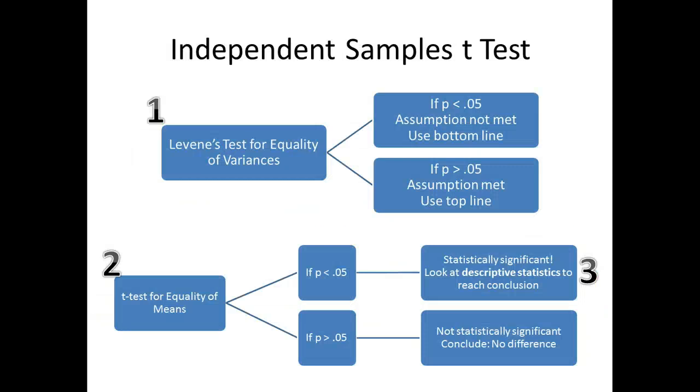If you've got an independent samples t-test, things get a little more complicated. Because first, you need to look at Levene's test for equality of variances. If the probability is less than 0.05, that means the assumption has not been met, and you should use the bottom line of the output to look for your t-value, degrees of freedom, and p-value. If the probability is greater than 0.05, the assumption has been met, and you should use the top line of